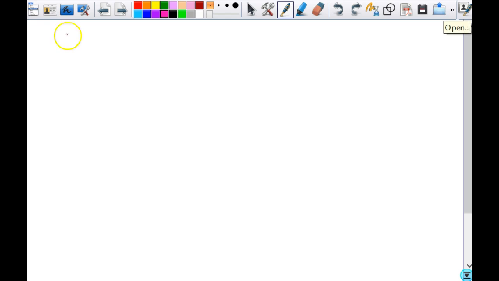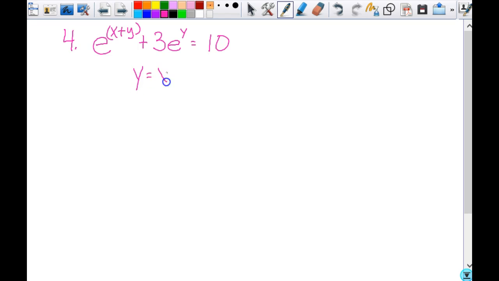Number 4, we have e to the x plus y plus 3 e to the y equals 10 and y equals x. Okay. So let's start with the substituting part, right? Because I've got to use it as a system, so I'm going to start with substitution, which is the easiest way,